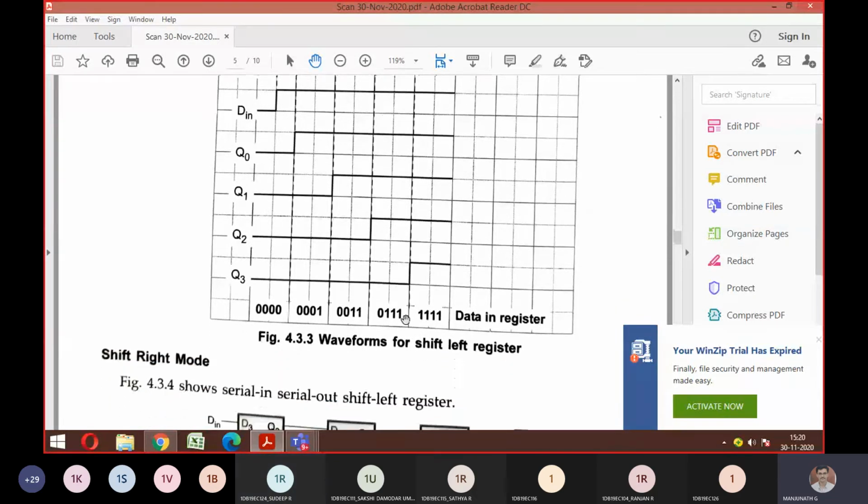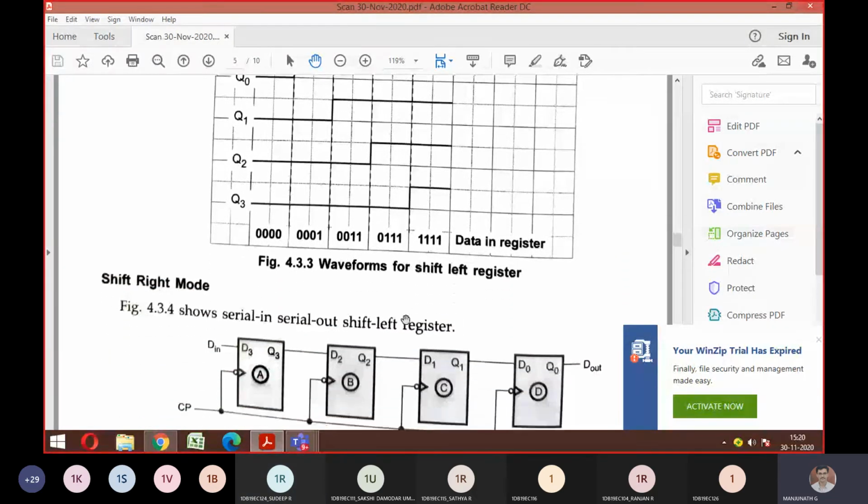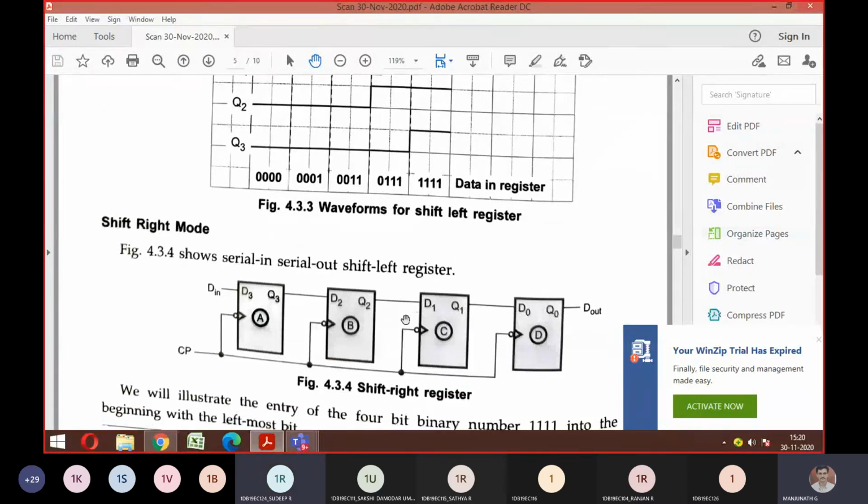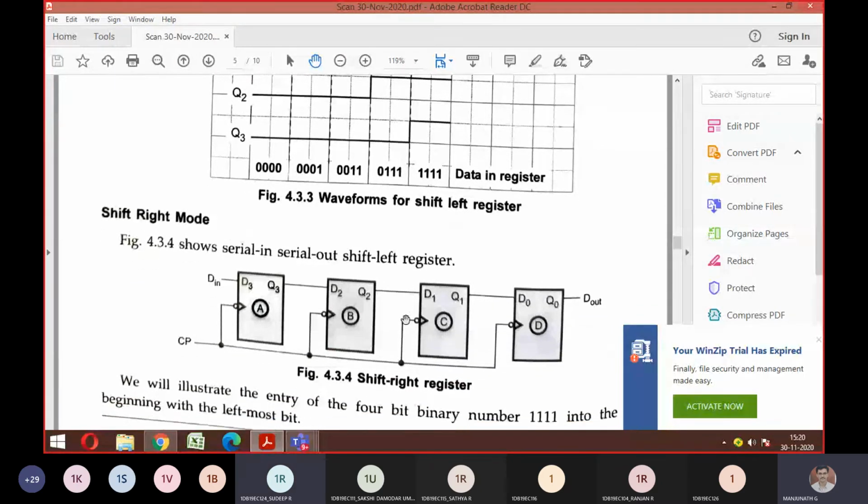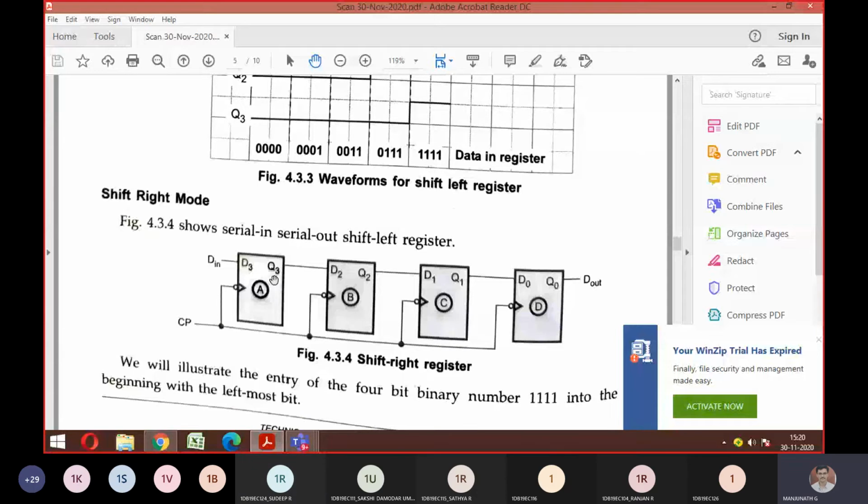Understand this. The same thing you can do with respect to the right shift also. Same example, SISO, but towards the right hand shift. I hope you got the difference in the diagram. What was on the left side has become the right side now, correct? Both are swapped. Now keep telling the answer. What is the stage 1 answer? Now which one will go first, LSB or MSB? LSB. Good. What is the first stage 1 answer? For 111, sir. Yeah, same input. 111. 000.